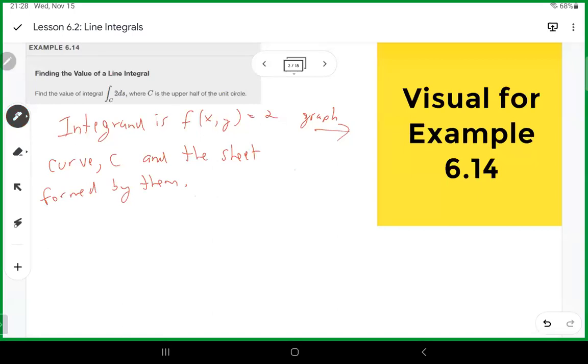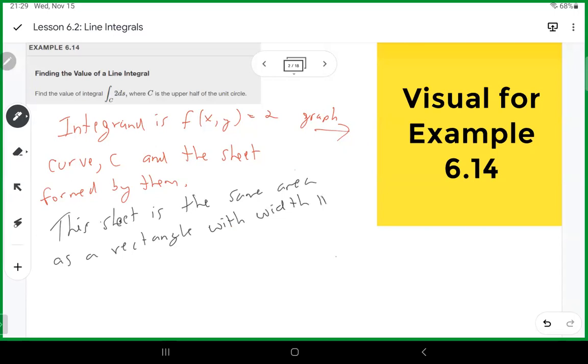Notice that this sheet is the same area as a rectangle with width pi and length 2. Therefore,